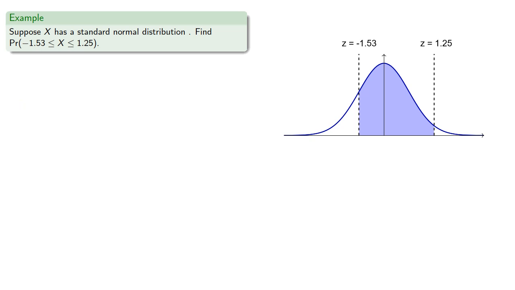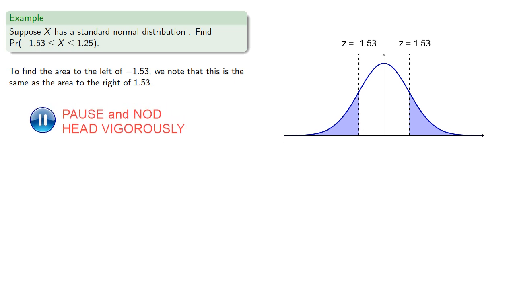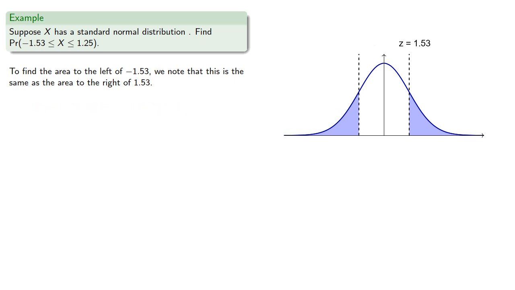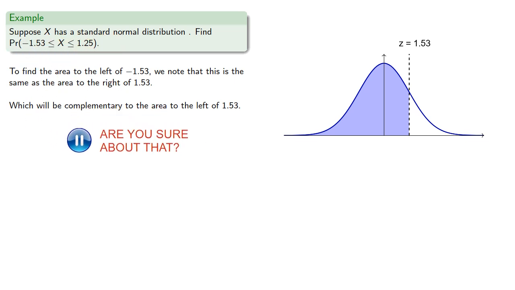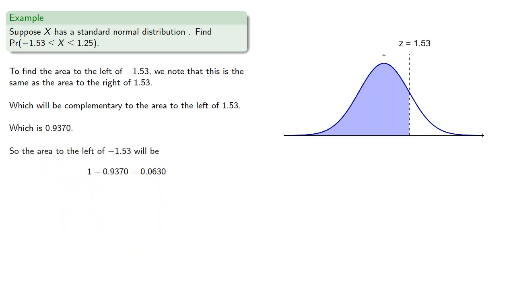To find the area to the left of negative 1.53, we note that this is the same as the area to the right of 1.53, which will be complementary to the area to the left, which is, and so the area to the left of negative 1.53 will be, and so we find